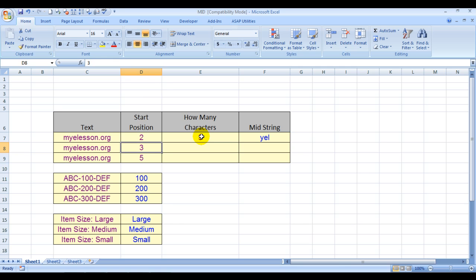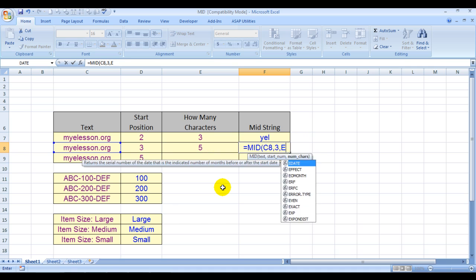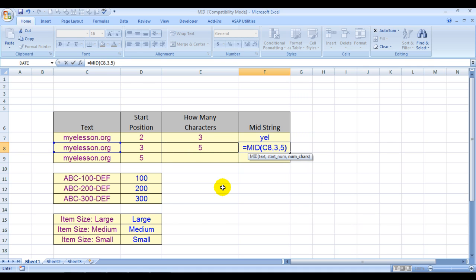Say now I want to use the start position as 3 and I want to extract 5 characters. So, equal to MID. This is the text I choose, comma. Now what is highlighted? Start number. So the start number is 3. That means E would be the starting point. You don't have to choose a cell to give the start number. You can even hard code the start number here. Say the start number is 3, comma, and the number of characters that you want, 5. You can click over here, or you can even hard code it in the formula.